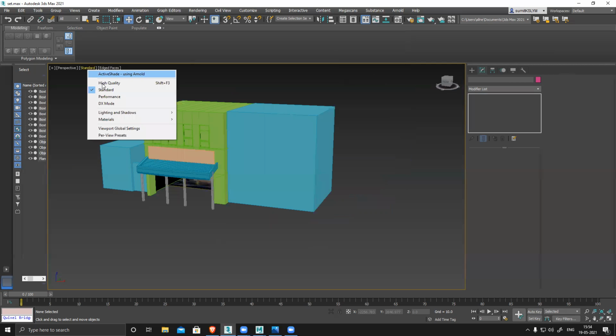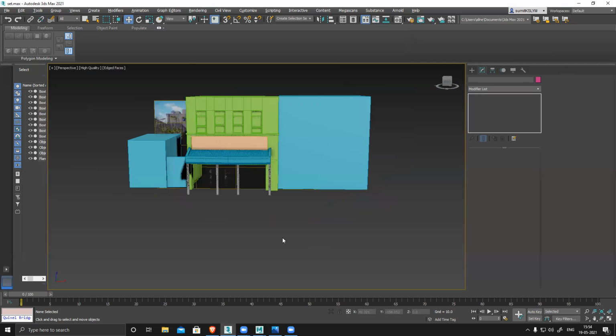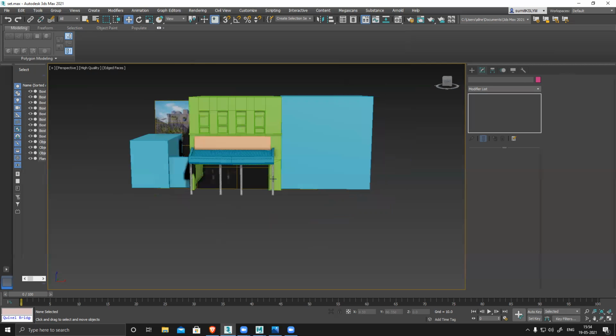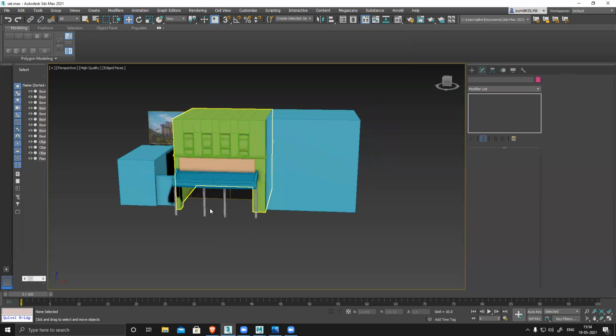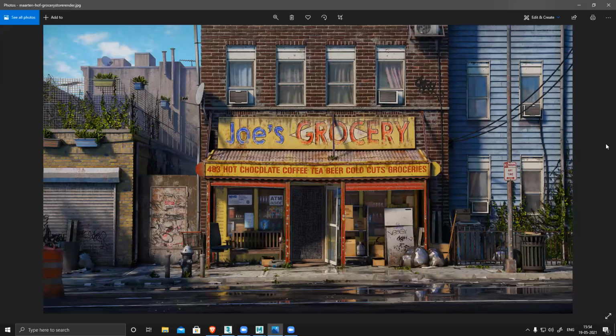If I make it high quality, see, I get shadow and all, so instantly everything looks fine. I have nice depth. So I'll do this. I have another class now, so tomorrow we'll continue this and start adding all the details, small parts and everything. Like for this thing, you can see same AC, same AC.